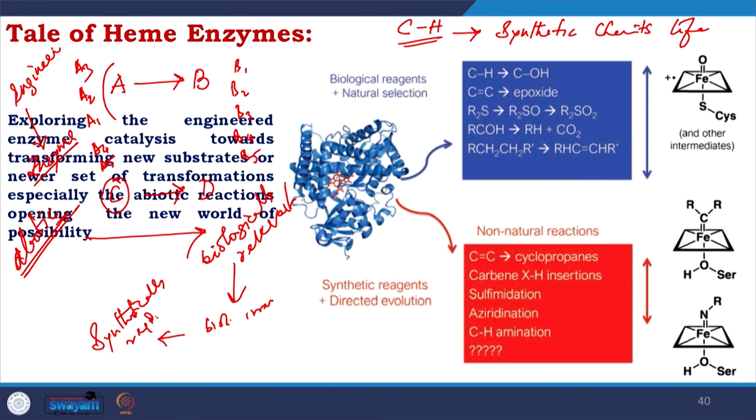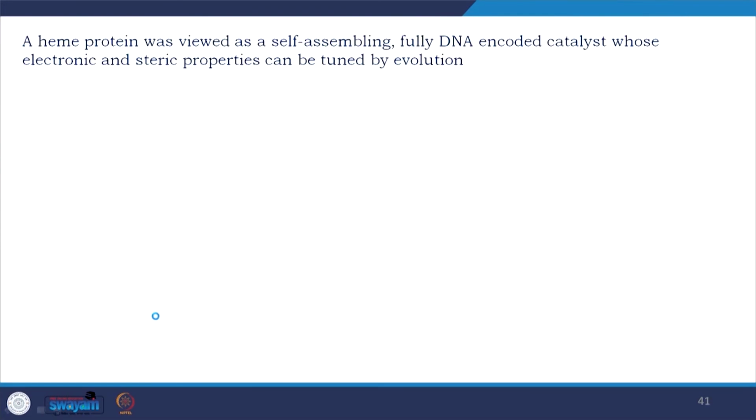So, exploring the engineered enzyme catalyst towards transforming new substrates or a newer set of transformations, especially abiotic reactions, opens a new world of possibility. A heme protein was viewed as a self-assembling, fully DNA-encoded catalyst whose electronic and steric